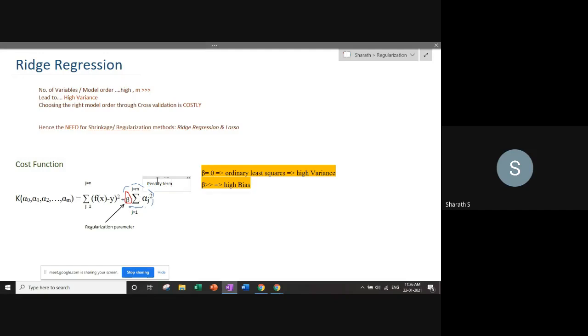Suppose beta is equal to 0, then this entire term does not exist, and you are only left with this. This is the normal thing which you already saw in ordinary least squares, which was used in linear regression. But if beta is equal to 0, this leads to high variance, so you want to reduce it. So we start giving higher values to it, say 0.1, 1, 2, and so on. It is again dependent on the problem, so you'll understand from the problem what is a reasonable beta.